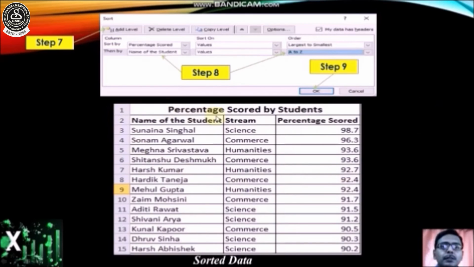As you do, the sorted data is displayed like this. Here it is in the descending order of the percentage scored. The highest percentage is at top and gradually down.